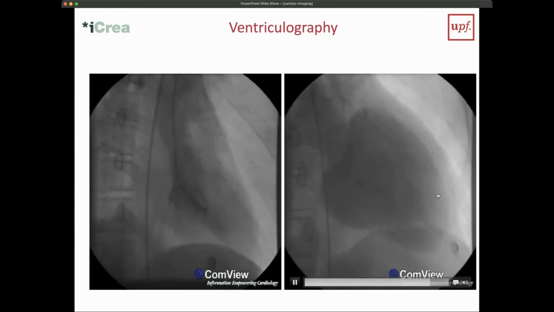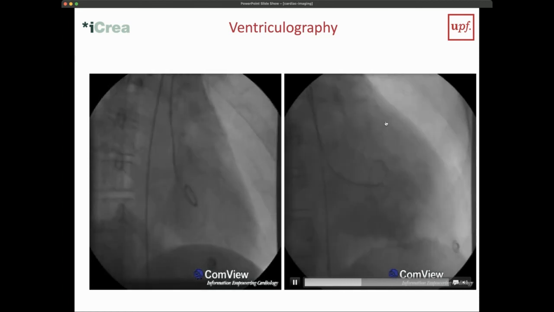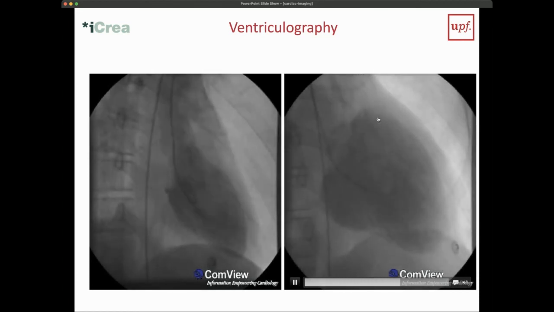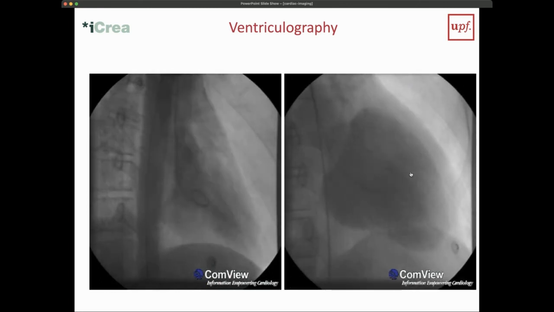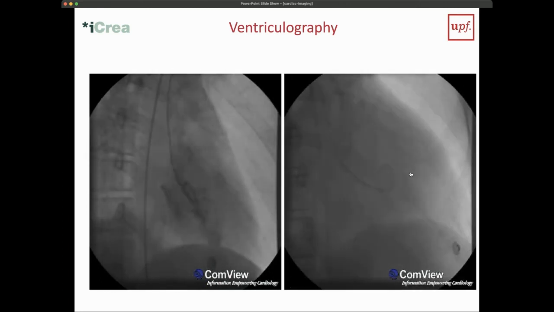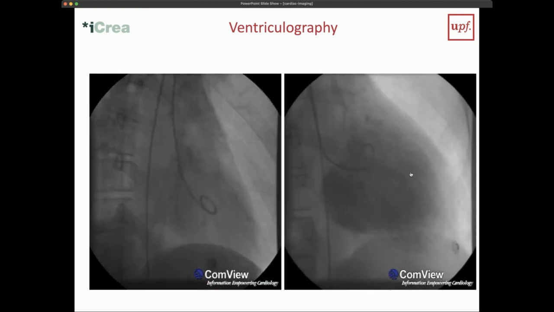You see this wall, actually most of this heart is totally stationary, and it's only this upper part which is a little bit contracting. So this is a very, very sick heart. And so using this, we can actually quantify size and contraction of the heart. Now, currently, this is not being used much anymore in clinical practice, because of course we need